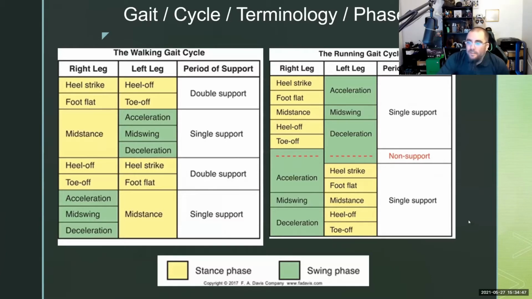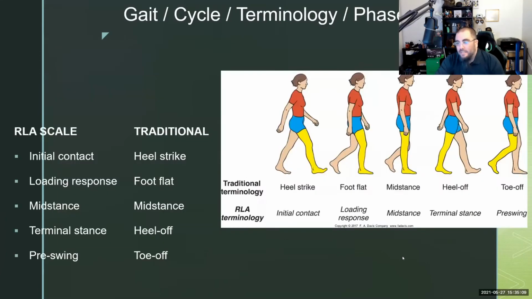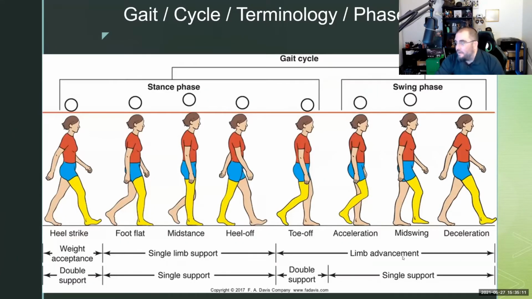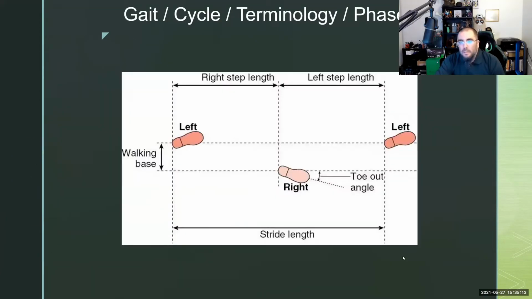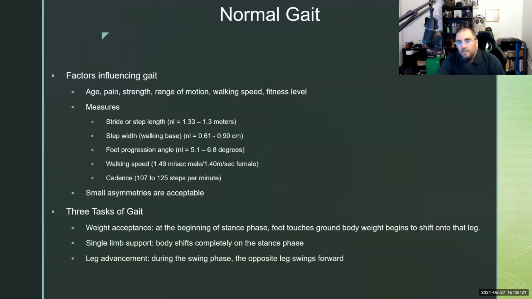So here's another way of looking at it through the different stance and swing phase. I don't like this chart, but some of the students did like this last semester when I showed it to them. To me, this is really confusing. But if this helps you understand the difference between a stance and a swing phase, more power to you. It doesn't help me at all. The pictures like this help me make more sense of it than anything. So here's looking at stride length versus step length, right? Looking at the base of support. We're going to talk about all that.